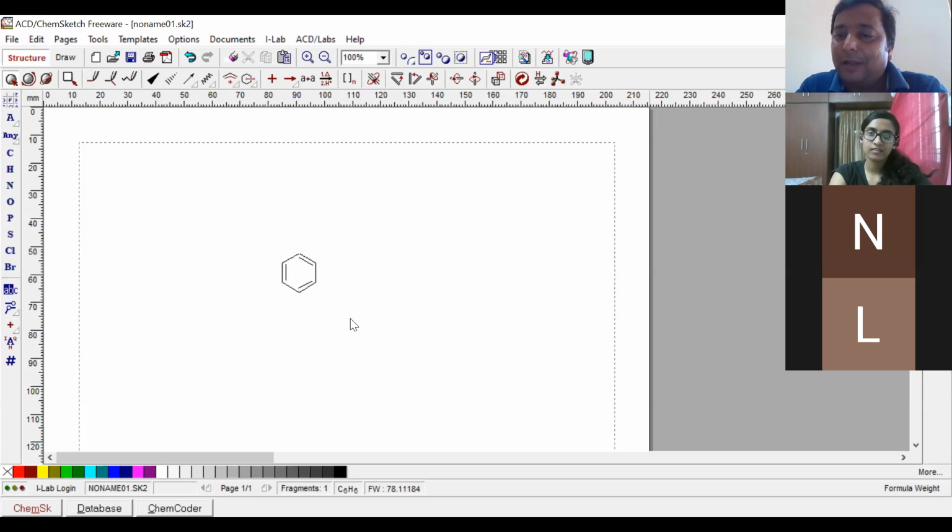But what is the carbon valency? 4, right? So how many bonds are there on each carbon? H will come, but it's not there. So we have to draw it.